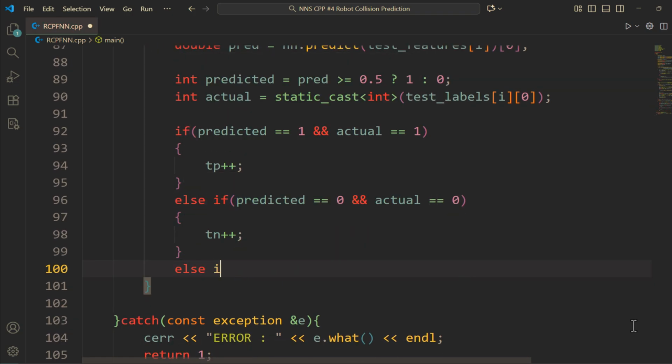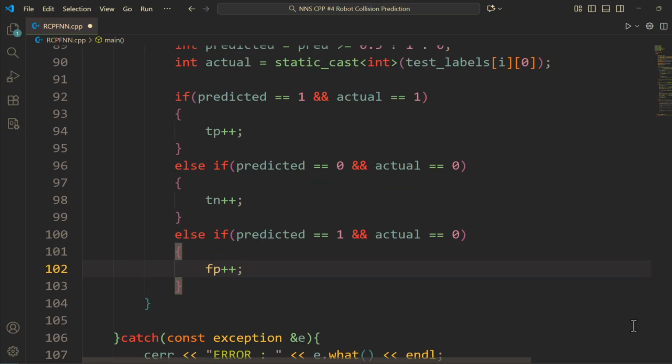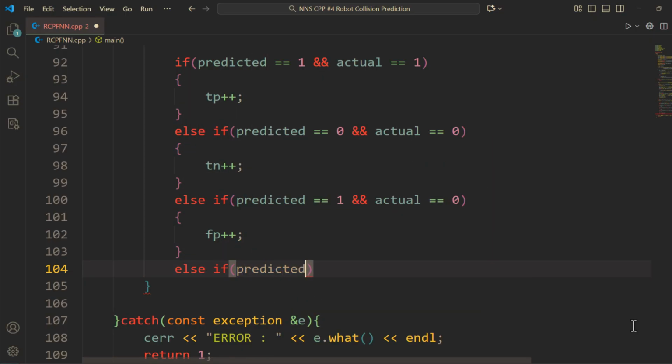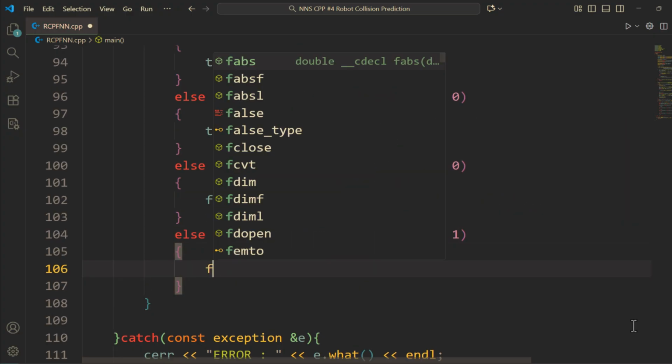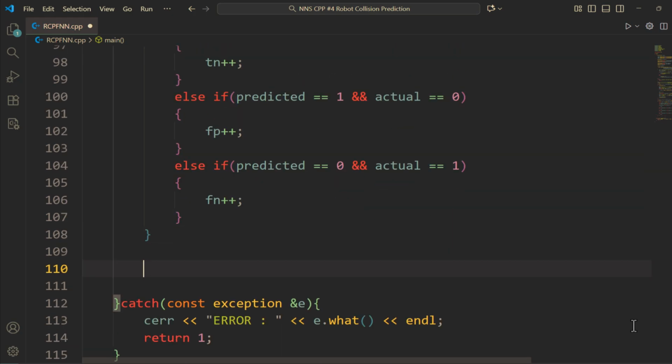And else if predicted is equal to 1 and actual is equal to 0, FP++. Else if predicted is equal to 0 and actual is equal to 1, FN++. Once we have our confusion matrix counters, we can calculate some key performance metrics for our neural network: accuracy,